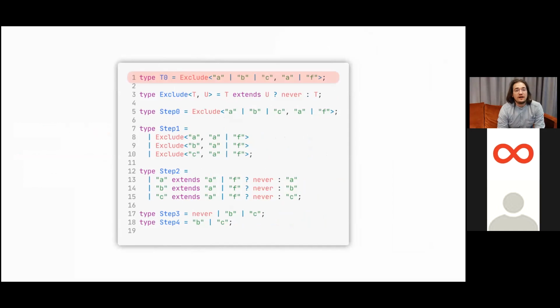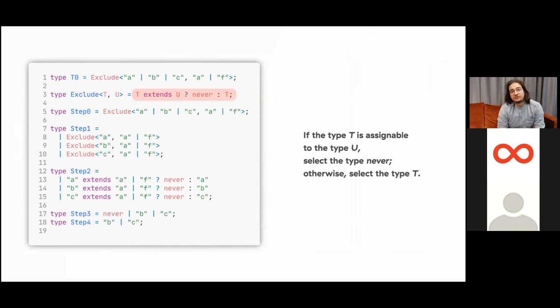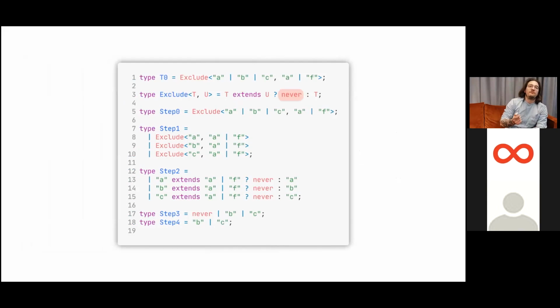So this is what we want, and this is how the definition of Exclude looks under the hood. And we have an interesting construct here, which reminds you of JavaScript's ternary operator. So if the type T is assignable to the type U, we select never. Otherwise, we select the type T. So we can see now that we have some kind of control flow here, like if statements or switch statements or stuff like that, but now in TypeScript land, which gives us a lot of power. But before we get into it,